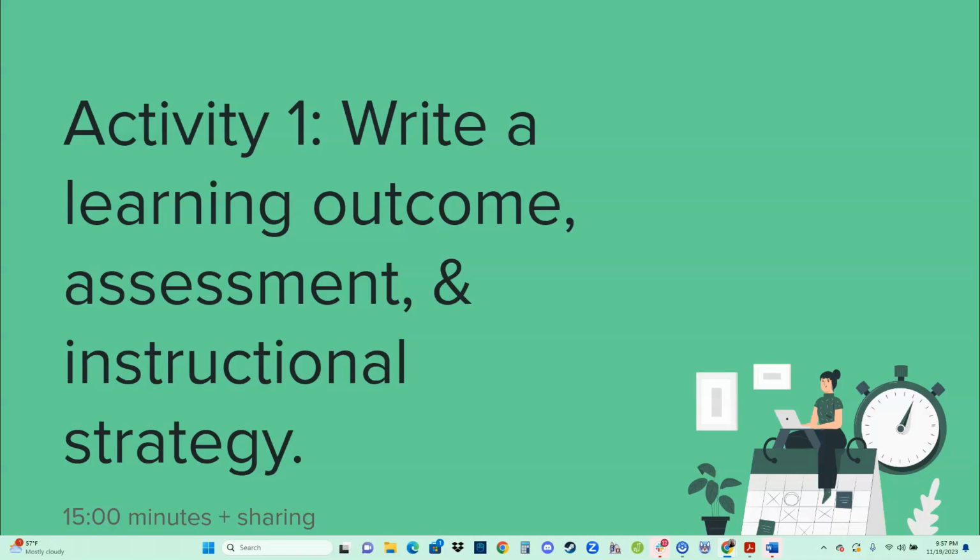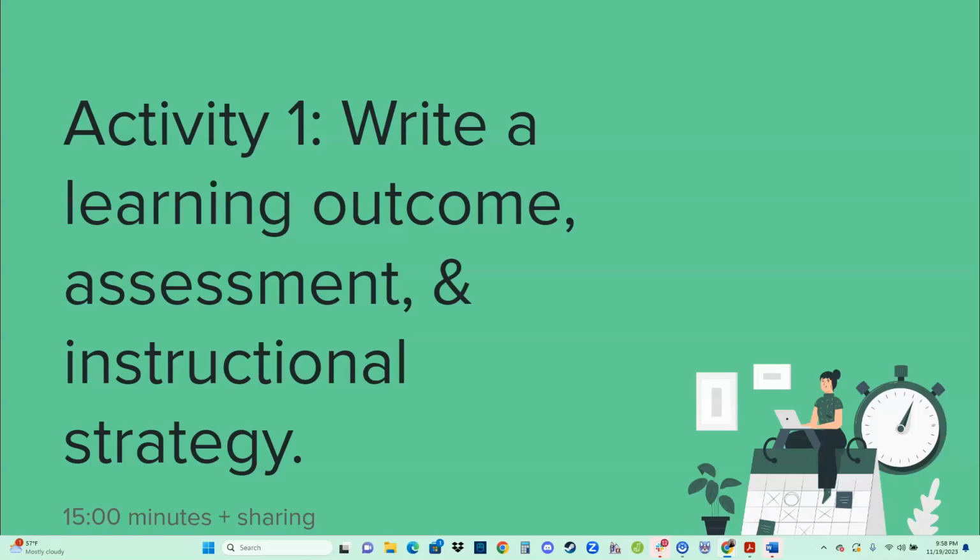I also want you to write a corresponding assessment. Now, remember, assessments can be many different things. It can be something like a quiz. It can be a discussion, maybe a face-to-face discussion in the class that you give participation points for. It could be a written paper. It could be that you are observing them in a practicum type environment. It might be that you're going to give them a case study that they have to analyze with an essay, or present in the class. There are a lot of different ways that you can assess learning.